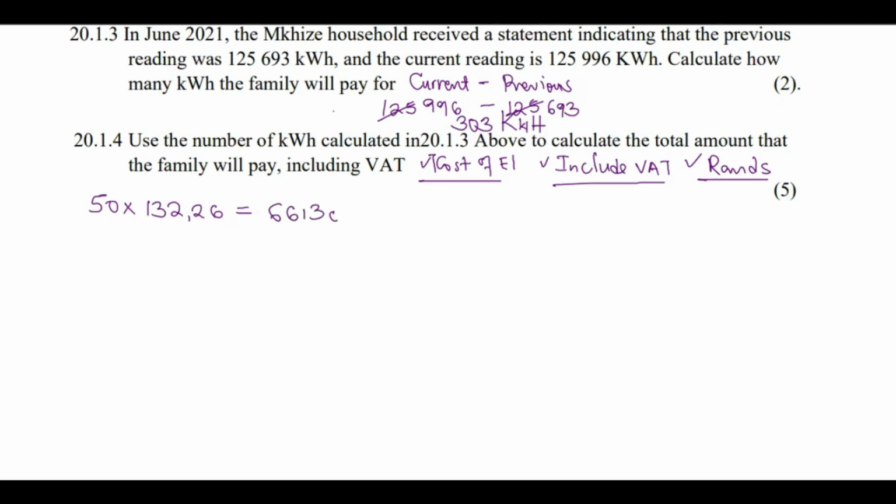But it is a what? Cents. Then the next one was 200 times 143, comma 28,736. Then the other one's 53 times